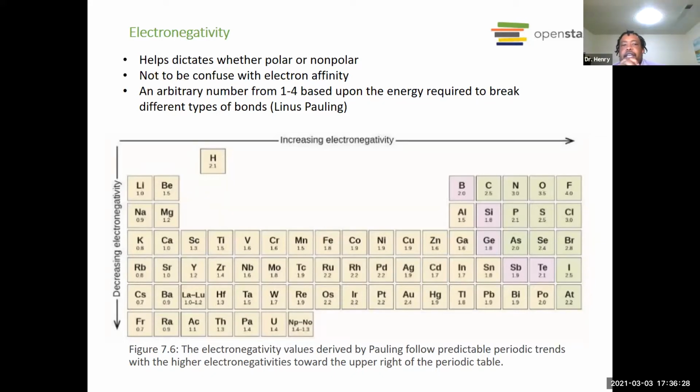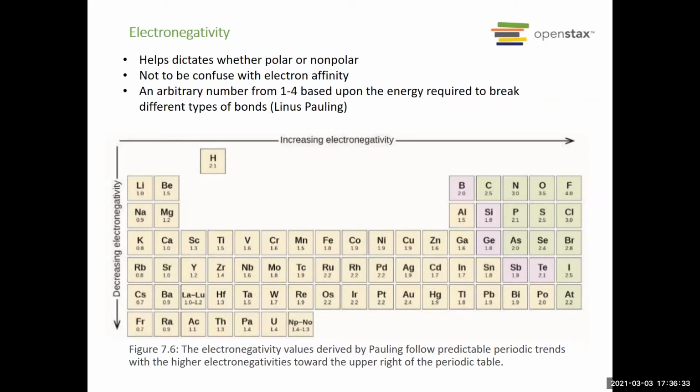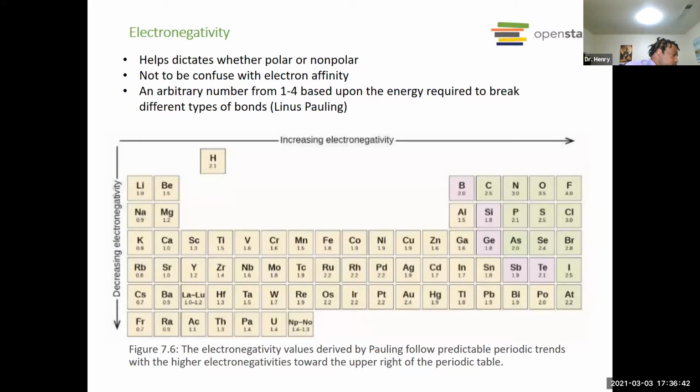Okay, so electronegativity kind of helps us dictate whether things are going to be polar or non-polar. We're talking primarily about bonds between two atoms. So for instance, if we have, say, carbon and oxygen, the way that we would determine the electronegativity, we would basically look at